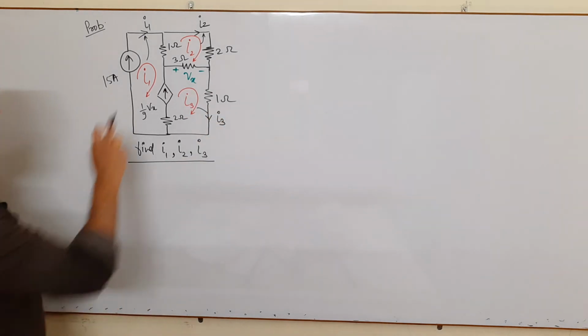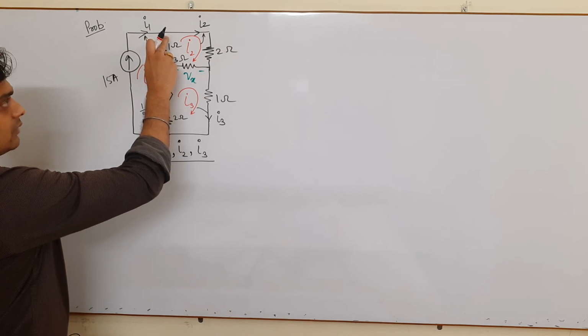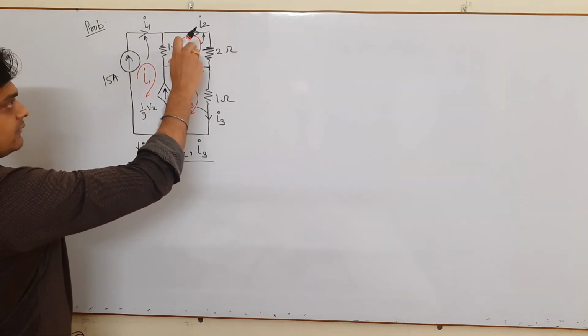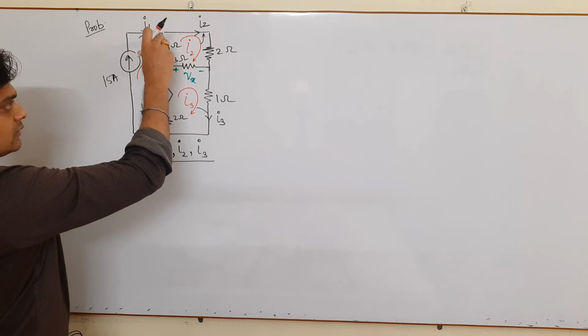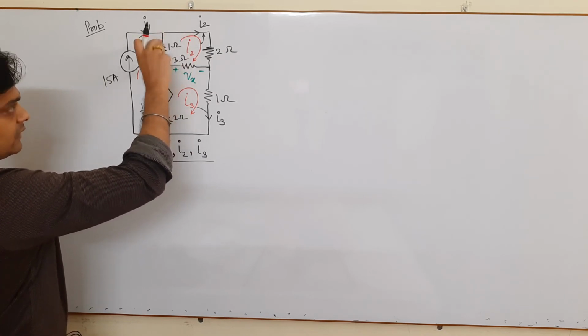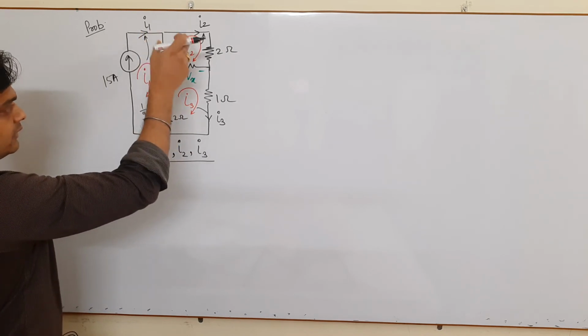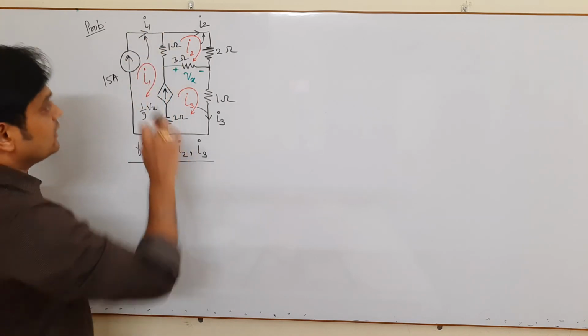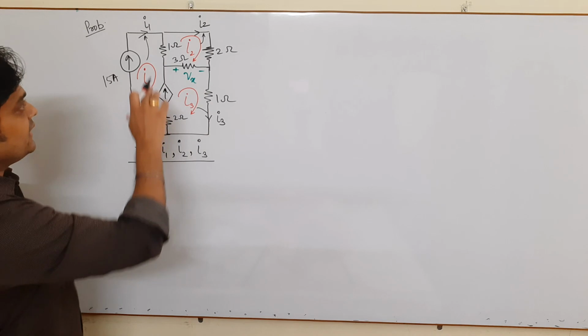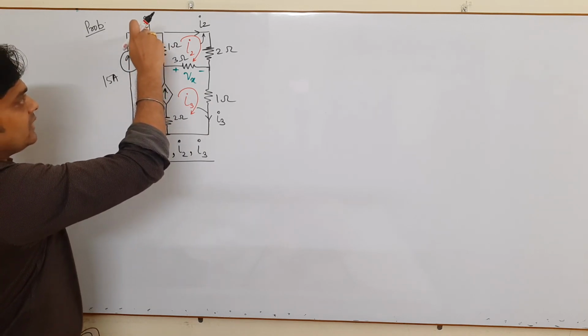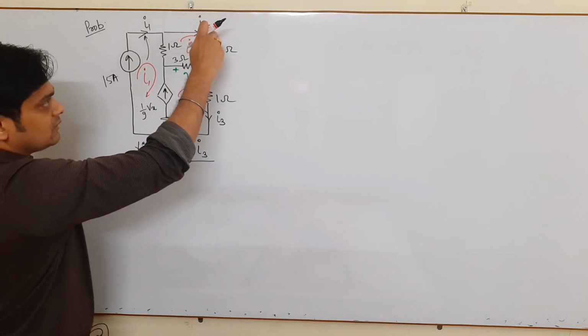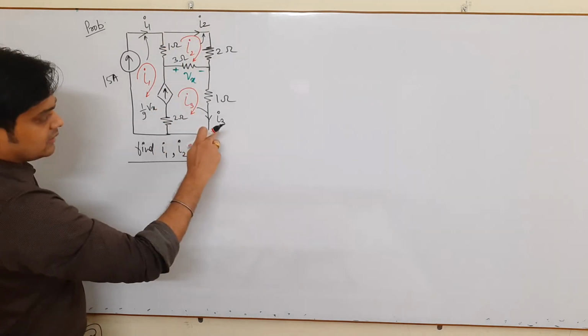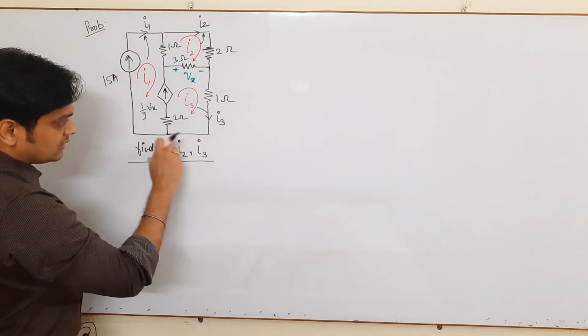Very important thing, this is not the current I1, because some current is flowing here, some current is flowing here. So whatever the current here is, maybe the difference or addition of the current values, we don't know. So you cannot say in the 1 ohm that I1 or I2 is the current. Whatever the current here is, we will find in the later course. So please keep in mind, this is your current I1, this is your current I2 which is flowing in this branch, and this is your current I3 which is flowing in this branch.